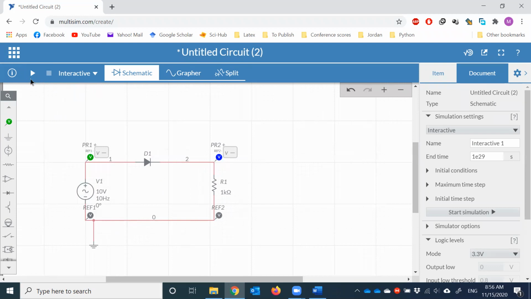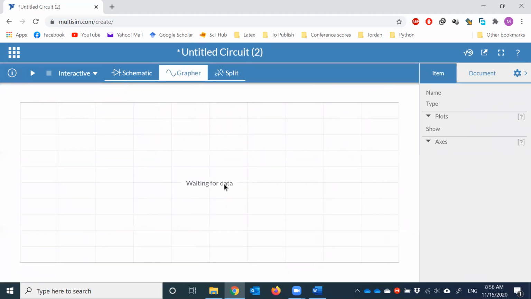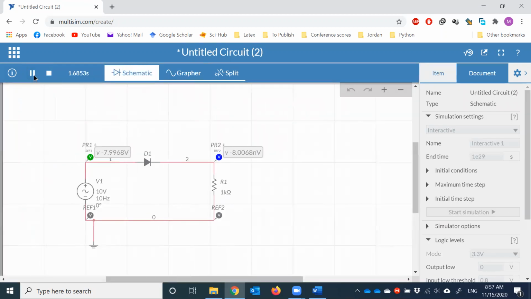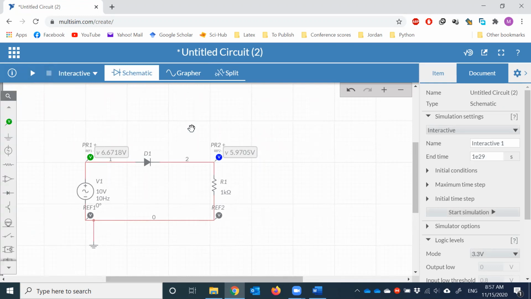Now, in this one, actually, when we run the simulation, we will not look at the values here. We're going to look at the waveform. So if you see here graph, it will show the waveform. And yeah, basically it's waiting for data. We did not start the simulation. So we'll go to schematic, run it for a while, then stop. And yeah, you can see that the values here don't make any sense. It's just fluctuating. Now, if you go to the grapher,